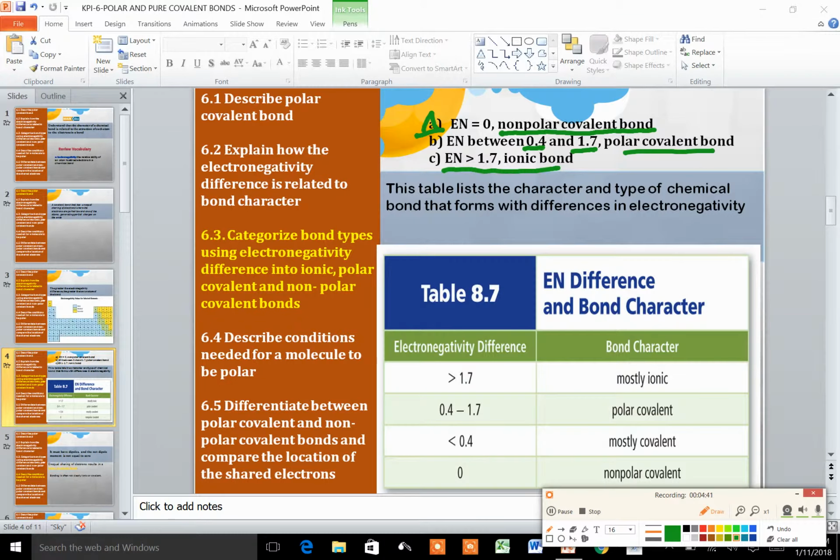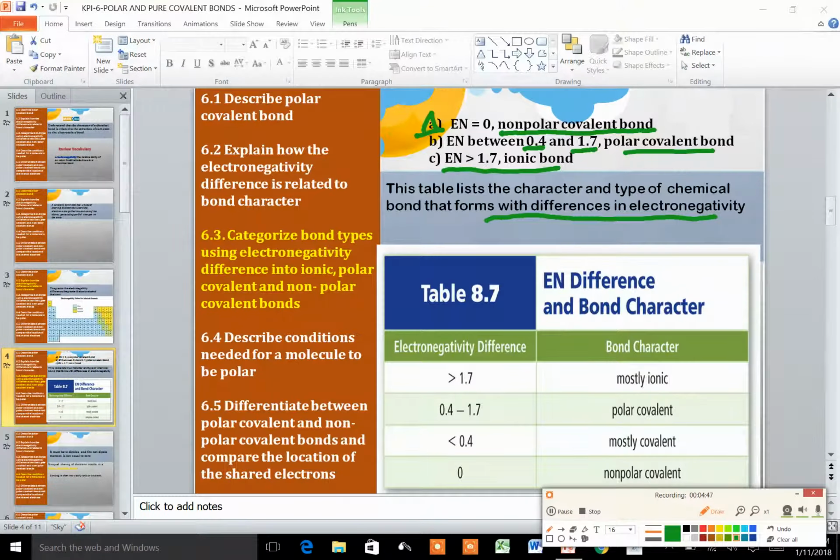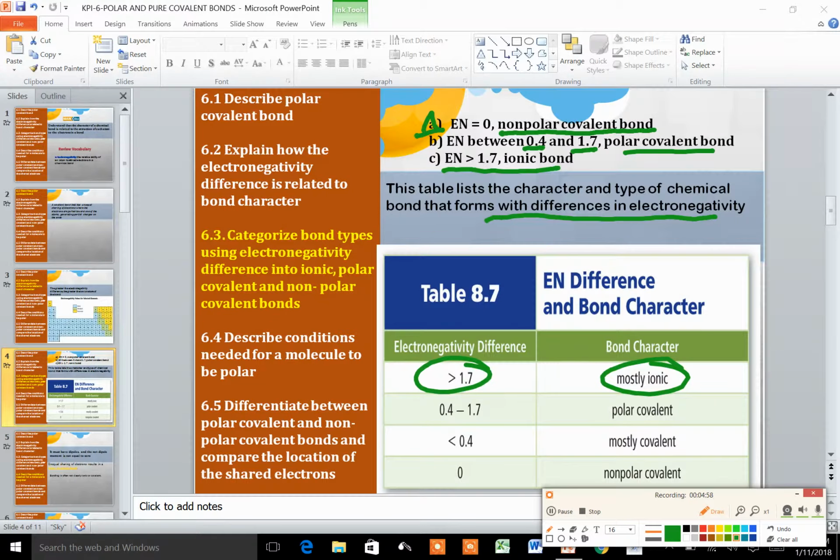And this table illustrates the character and type of chemical bond that forms with differences in their electronegativity. So the most ionic one is when the difference is more than 1.7. Okay. If it's from 0.4